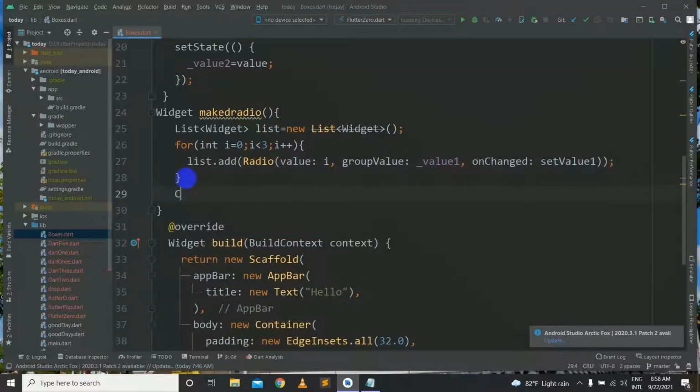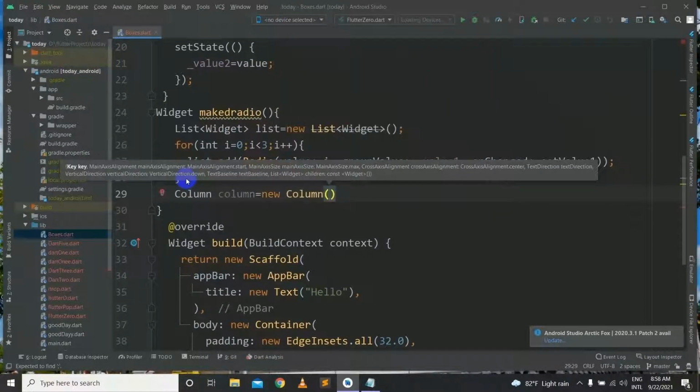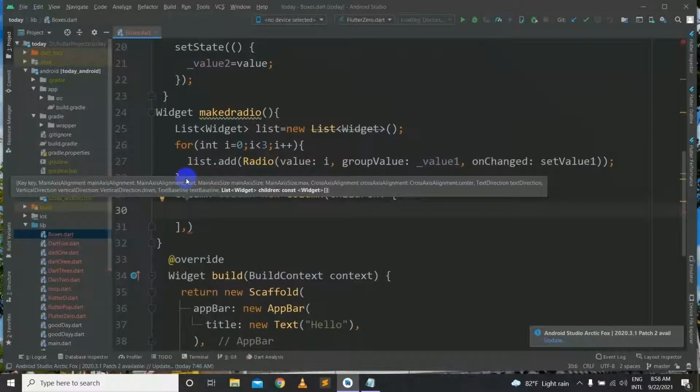And after that we will have a column, which will be named column, which will be equal to a new Column, and inside it we can give children. We will give our list as its children.